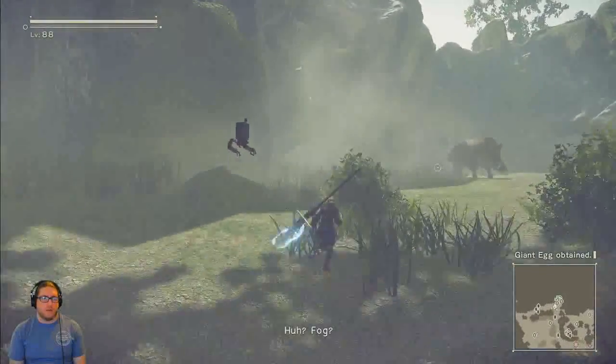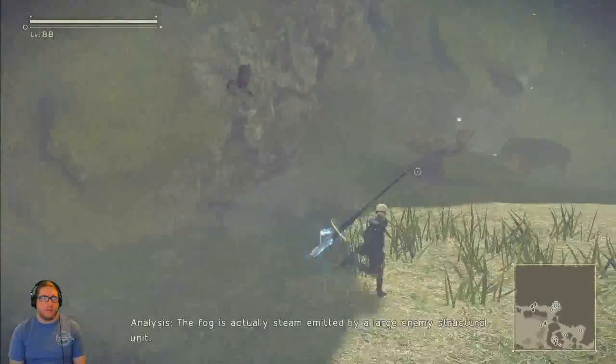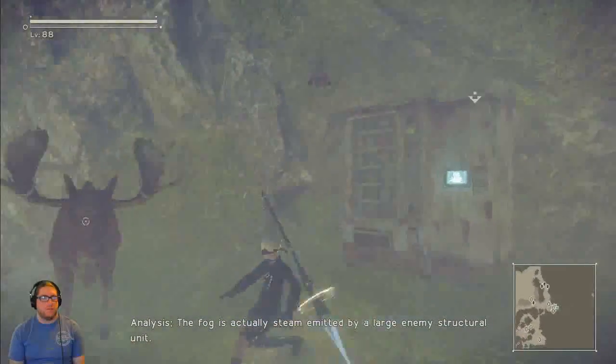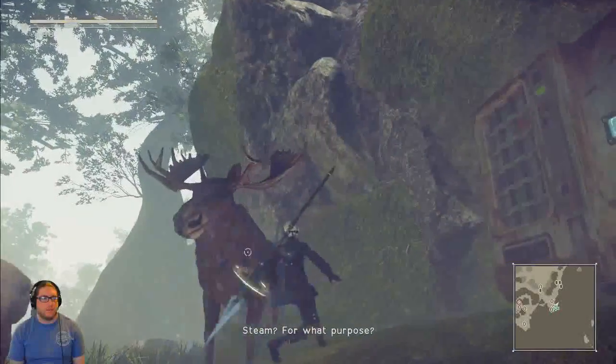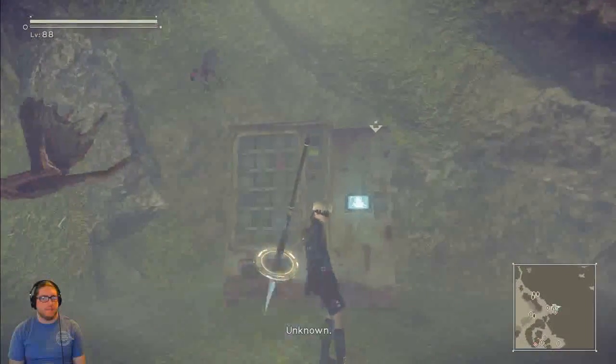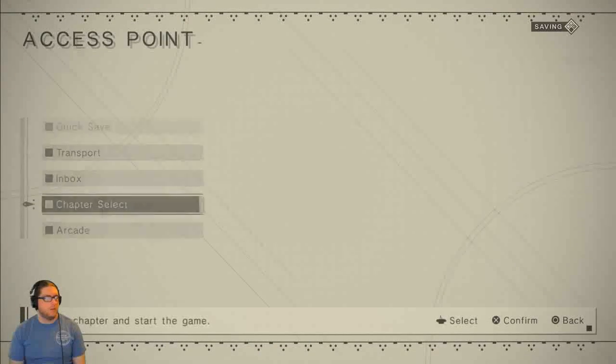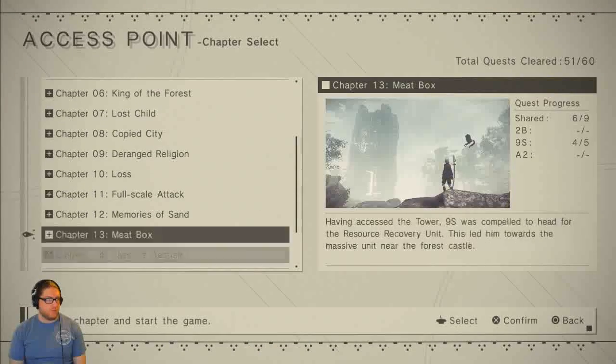Huh? Fog? Analysis. The fog is actually steam emitted by a large enemy structural unit. Steam? For what purpose? Unknown. Okay. So let's go to...